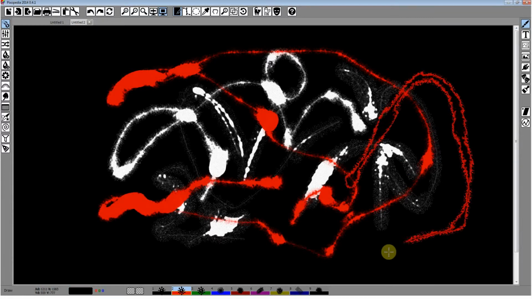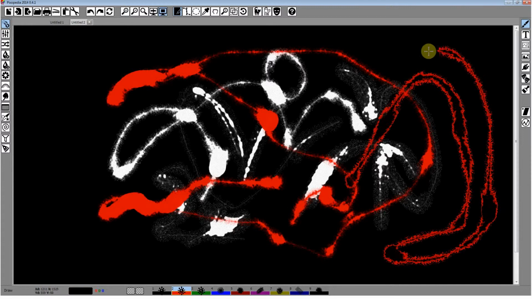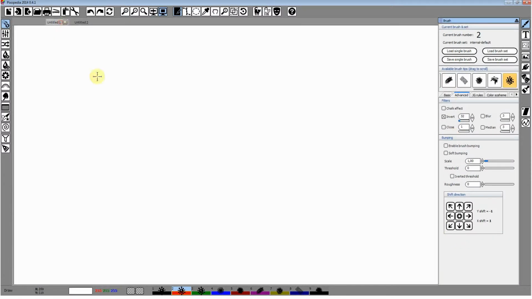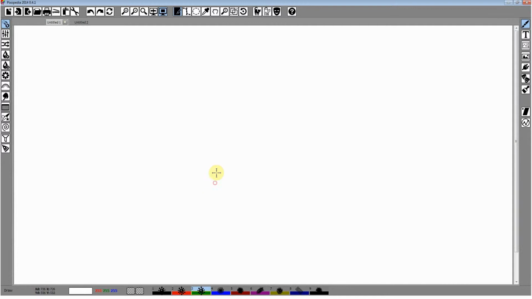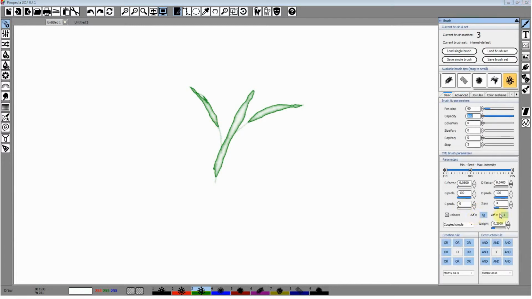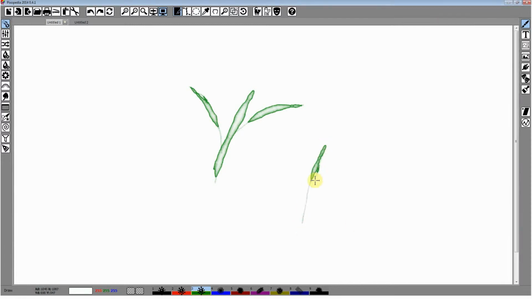Here is also another brush that you can play with. Here are the settings. There are some examples in the paper where you can see various settings.